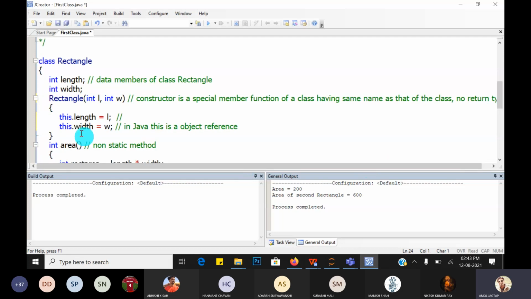Guys, but a constructor has an access specifier, that is public. We can write public or protected. We will see that access specifier later on. Next thing is the same name, then int l, int w. this dot length equals l, this dot width equals w. So this constructor is also called, there are different types of constructors,